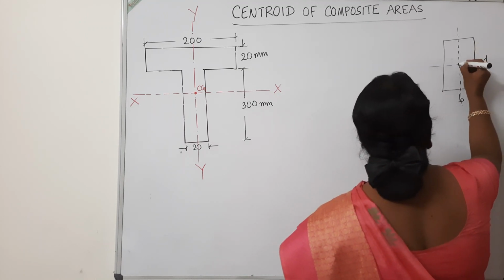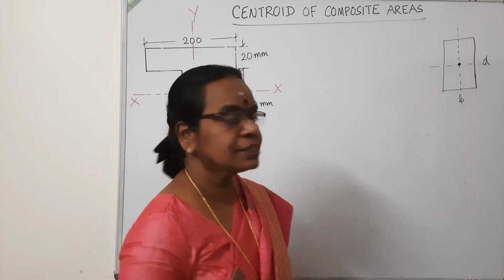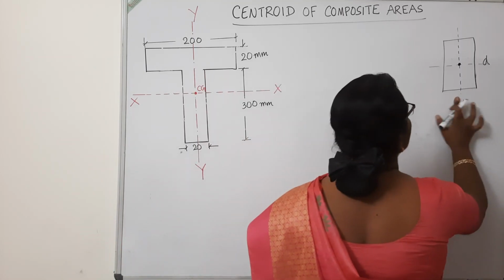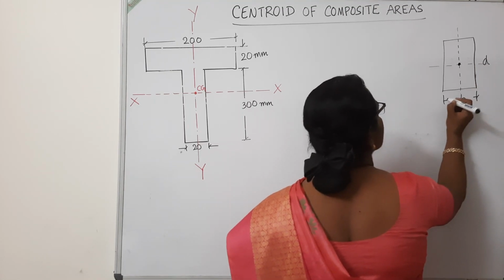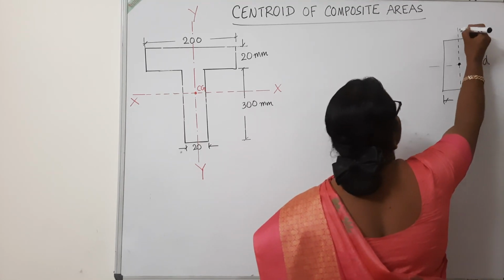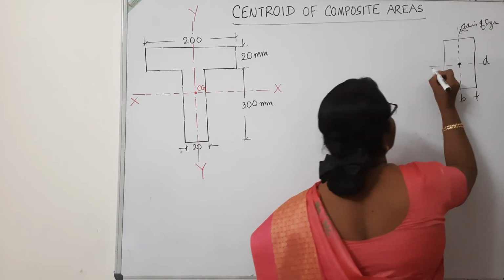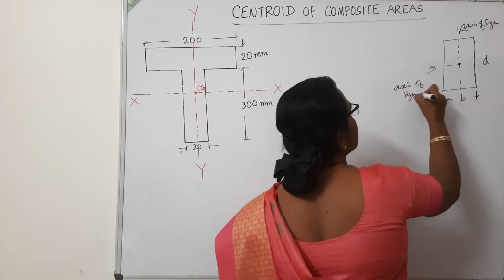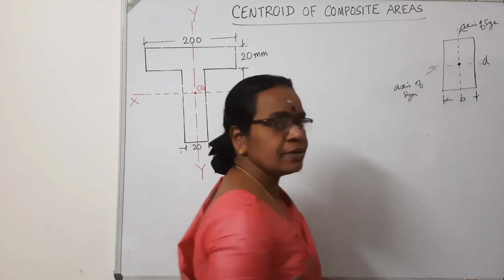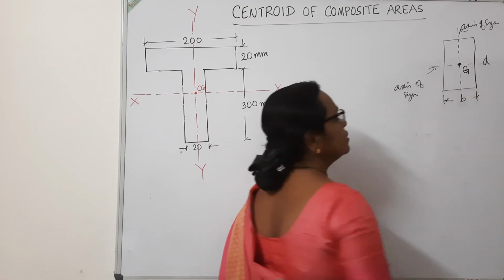So this is the centroid. The centroid of a rectangle is, if B is the width of the rectangle and D is its depth, then this is an axis of symmetry. This is another axis of symmetry. So the intersection point of these axes of symmetry is the centroid of that area,